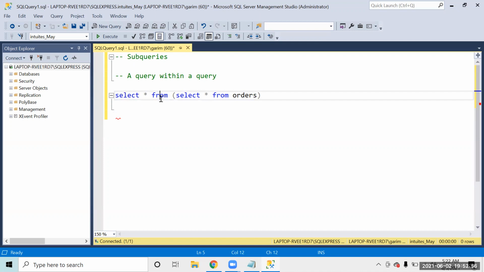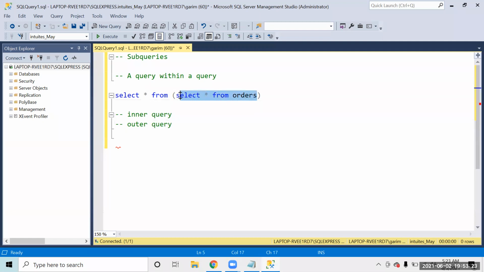I am saying select star from, and instead of giving a table name, I have given another query over here, where I'm saying select star from orders. So there are two queries written. One is the inner query, another is your outer query. The inner query is this.